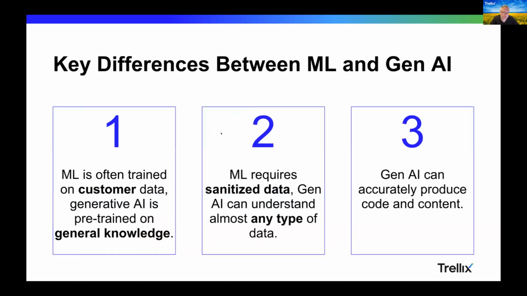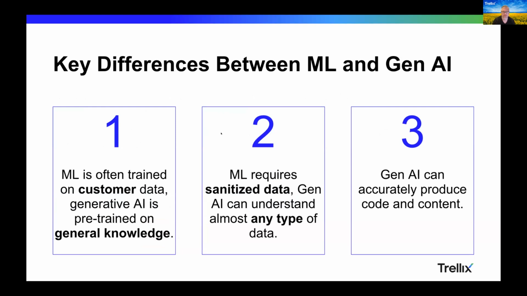So here's three very important differences. Machine learning is often trained on customer data. Now, it doesn't have to be. You can train it on some data and then release it. But a lot of the security stuff is trained on customer data because you're looking for spikes and anomalies on a per customer basis. Meanwhile, generative AI is trained on essentially the internet or just general knowledge. And it's pre-trained. So it's essentially the same for all when you initially ask questions. And there's fine tuning, and we'll get into that. But as it starts, it's pre-trained.